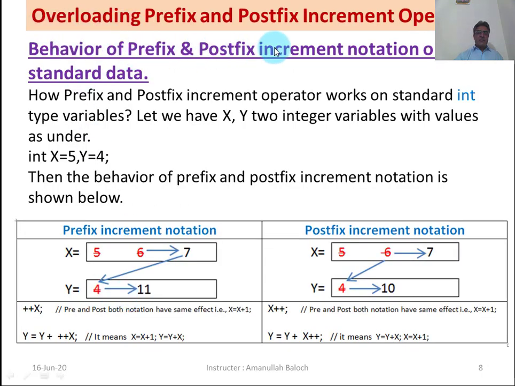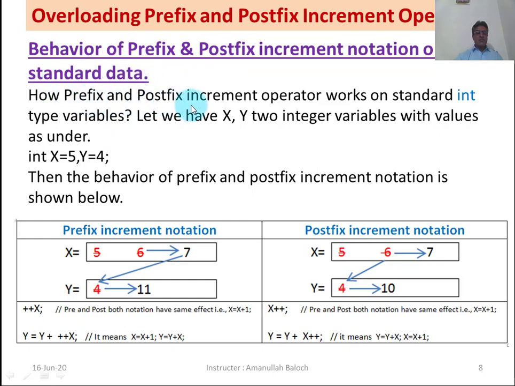Behavior of prefix and postfix increment notation on standard data. These increment and decrement operators can be applied either in prefix notation or in postfix notation. So here we see the actions of increment, prefix and postfix notation on standard data, not on the object.